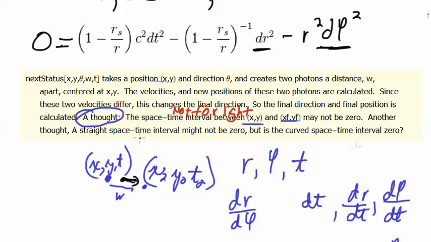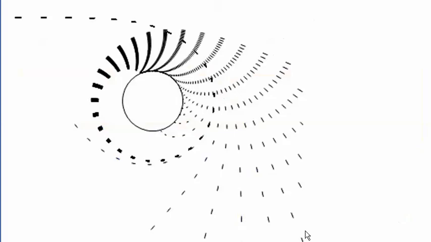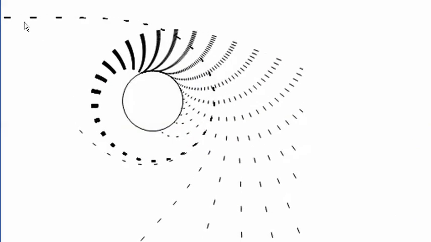And looking back at that now, I would say, of course not. And that's basically the whole concept of what's going on in this animation, is that all of the motion of all of these photons that are going around these curves, the space-time interval between the events, the event here where the photon starts to enter and the event here where it falls into the black hole, the space-time interval is 0,